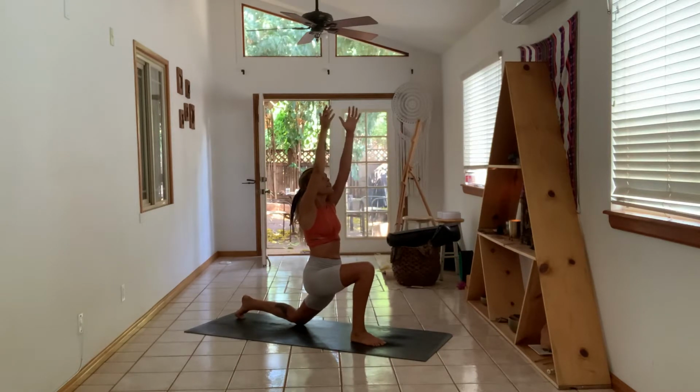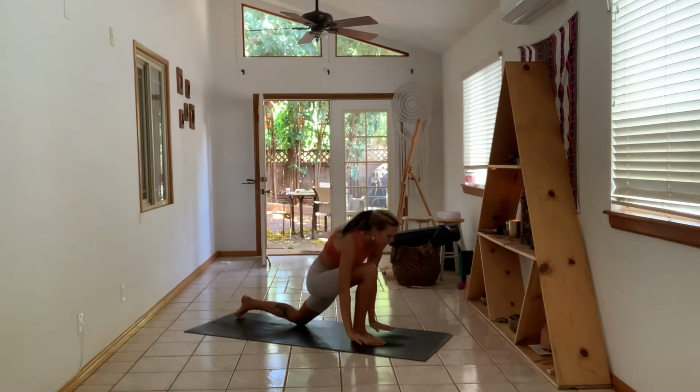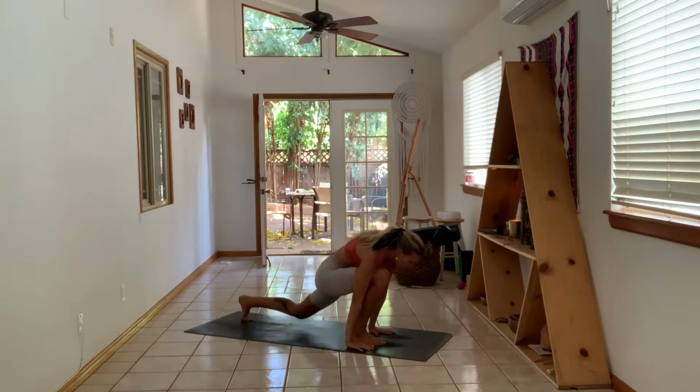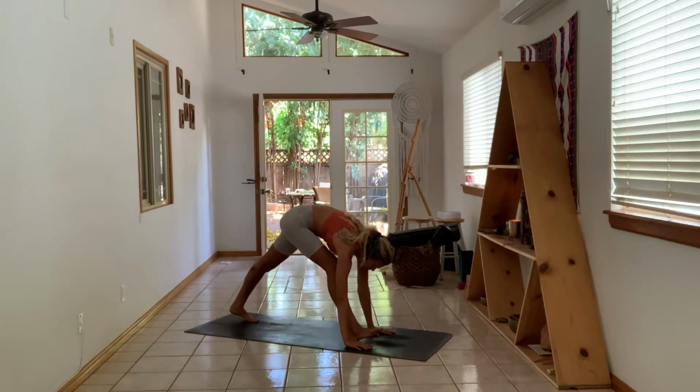Inhale up to center, feel the palms active, the arms, the inner thighs, the ankles. One more inhale. And then as you exhale, plant your hands on the floor. Straighten as much as you can, keeping your spine long